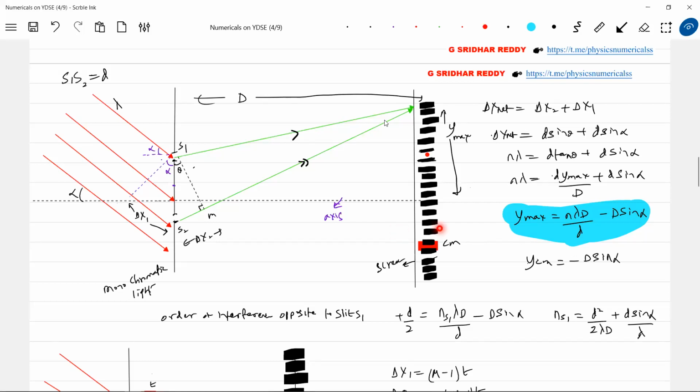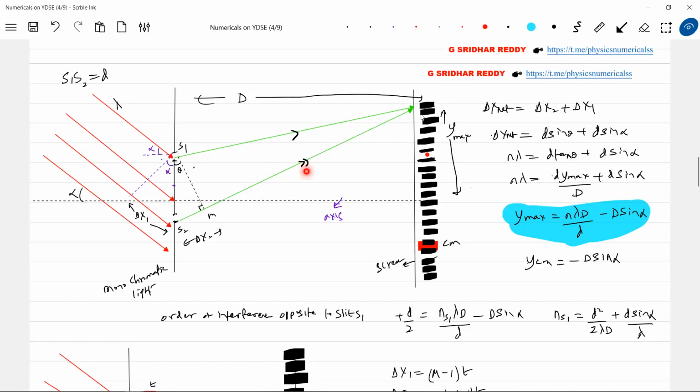So what I should do, I should shift the pattern up, no? So to shift the pattern up, what shall I do now? Where should I put a slab? Shall I put the slab here or shall I put the slab here? Anybody, please reply. There are very nice conditions I'm bringing for students to really analyze here. Okay, Sai Surya, good. I'm going to put the slab here to shift.